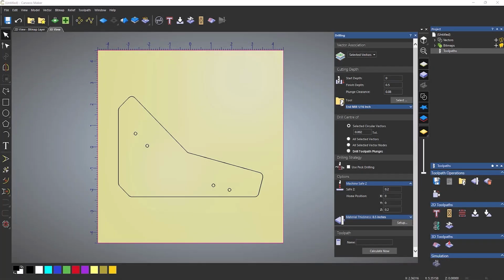In this tips and tricks video, we're going to take a look at how you can drill holes from drawings that you have imported from other software. Now, here you can see that I've got the drilling toolpath open and I've got a drawing that I've imported